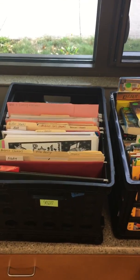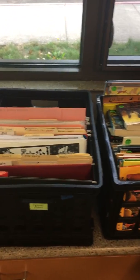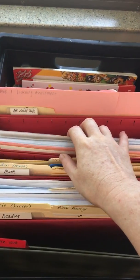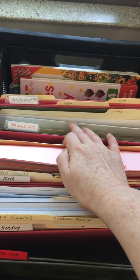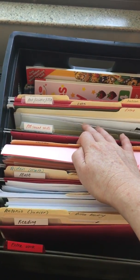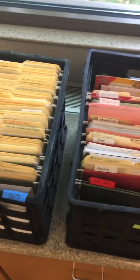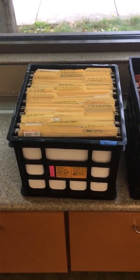EAs know exactly where to go to find the next assignment for math and for reading and for anything else. Now, for sections where everybody's going to be doing the same thing, like for social skills or for art, I have those just set up by the days of the week and not necessarily by the students. So I'll have one for Monday science and Tuesday science, that kind of deal. This crate here is my